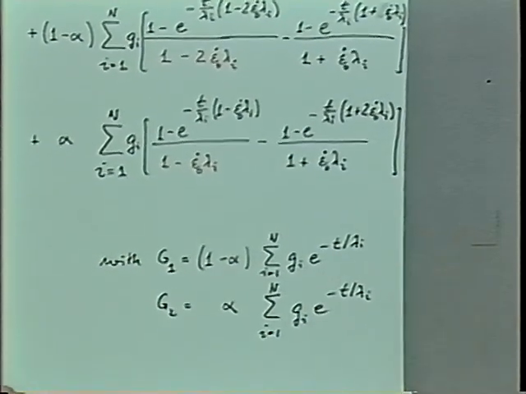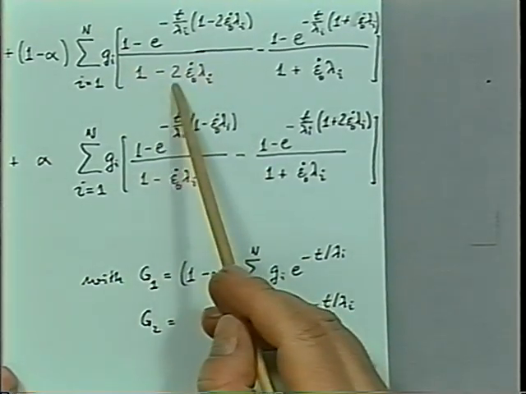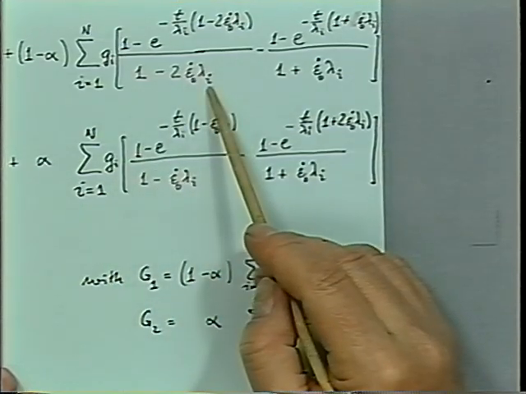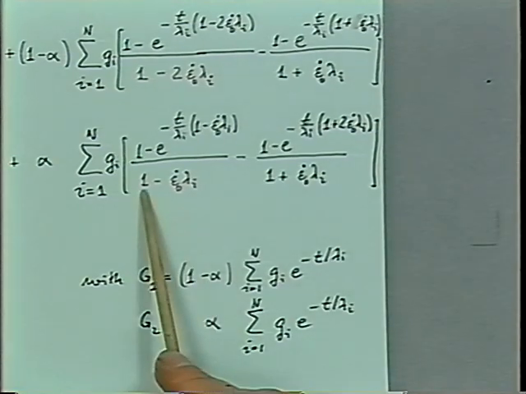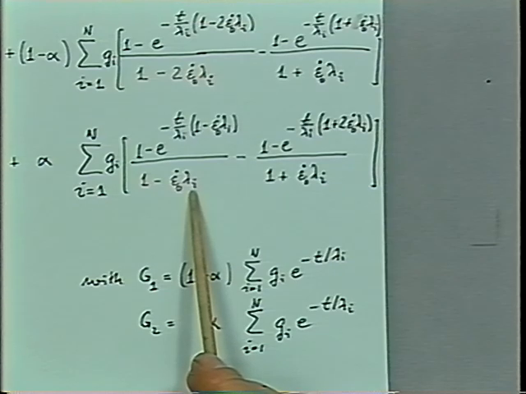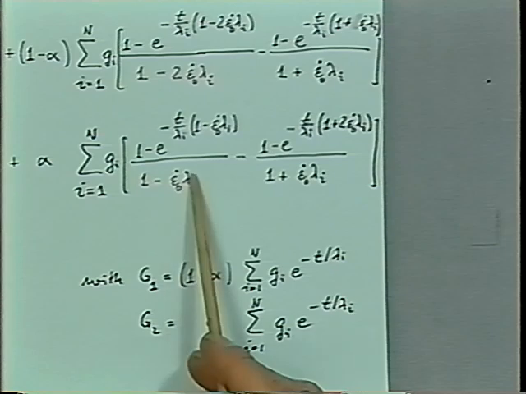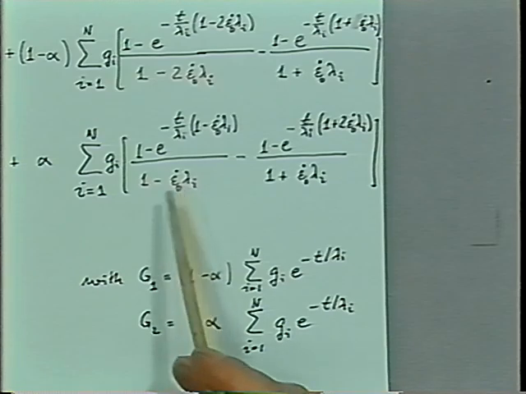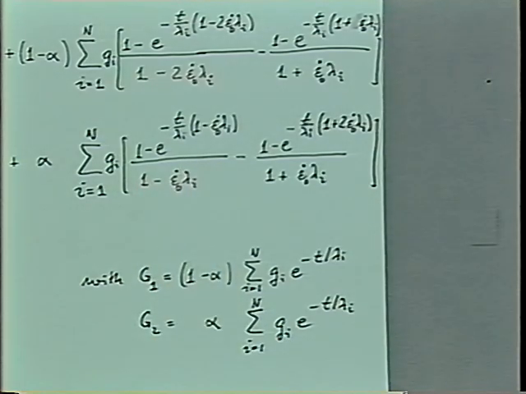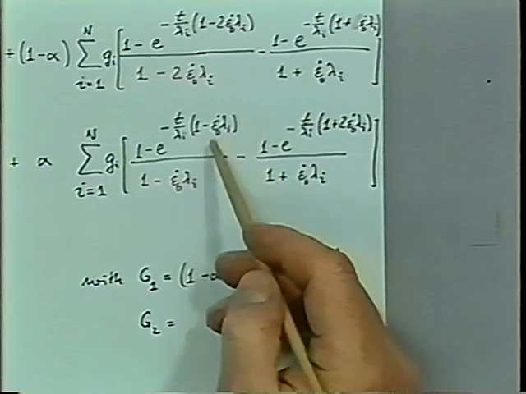Note that in this calculation, these terms occur: 1 minus 2 epsilon dot times lambda i, where the lambda i's are now the individual relaxation modes for the model. And here, 1 minus epsilon dot lambda i. If we choose a large extension rate, and we are free to choose any large extension rate in our experiment, right? That's our experimental parameter. So we can choose this large enough so that the total product, which is dimensionless, is bigger than 1. And then this group is negative. Okay? This group also occurs up here, and it also will become negative,